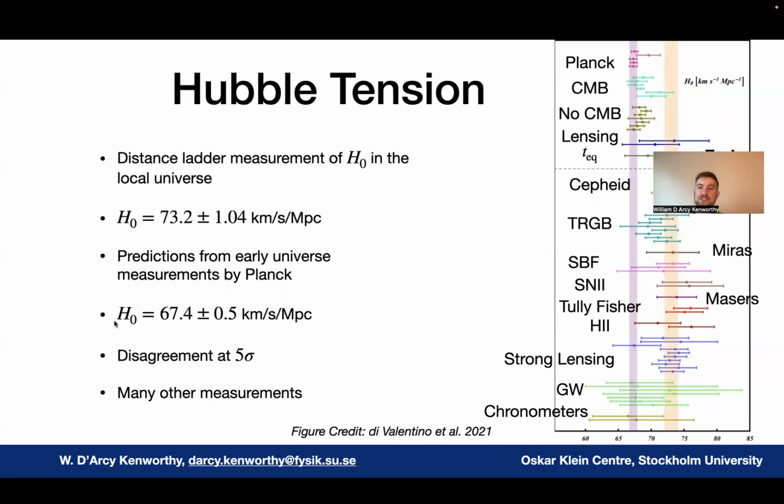The topic of SH0ES inevitably leads to the Hubble tension, the disagreement between the SH0ES measurement of the Hubble constant in the late universe and the prediction for the Hubble constant based on measurements of the early universe by the Planck satellite. This disagreement is now at about 5 sigma. There are many other measurements that have been conducted based on early or late universe techniques, and generally, we have found that late universe indicators give a larger Hubble constant than early universe indicators.